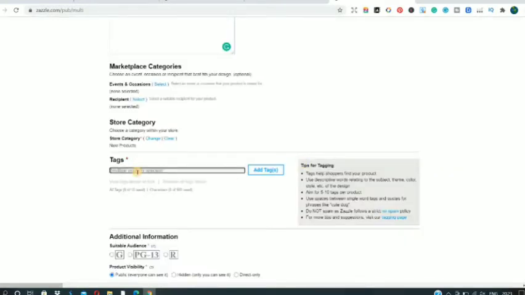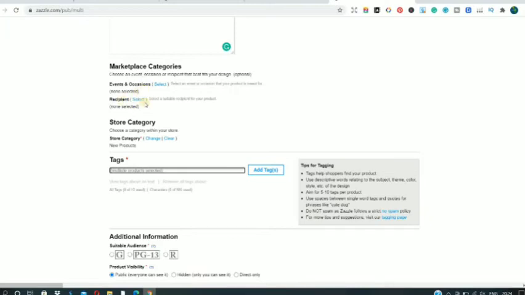Now comes the juicy part of the Jazzle shop, that is the tags. You are only allowed to use 10 tags on Jazzle, guys, so make sure you are optimizing your design for Jazzle. Suppose your design is related to Christmas and you have already selected Christmas in the events and occasion. Don't type in the tags again as a Christmas t-shirt or a Christmas design or something like that, because you've already done that. Don't waste your keywords, because you're only getting 10 tags. So use them appropriately and probably focus on the events and occasion recipient.